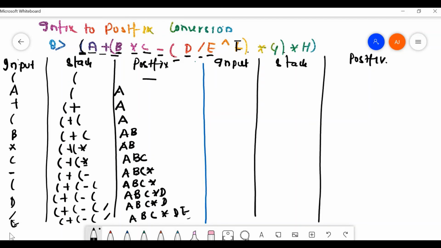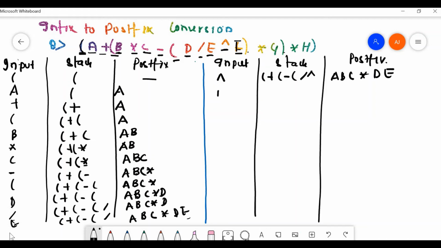So now I'll continue from here. Now which expression is there? Power is there. So input is power, so the stack is parenthesis plus parenthesis minus parenthesis divide, and power is higher precedence, so no popping out of the lower precedence. If lower precedence comes, then we pop out the higher precedence. So it is as it is, a, b, c into d, e.